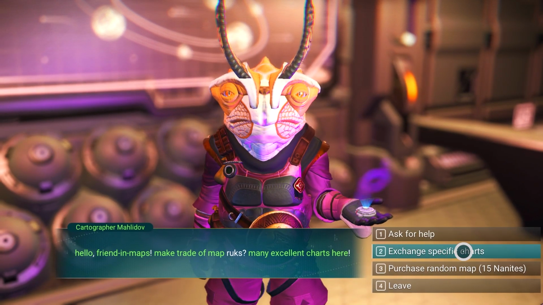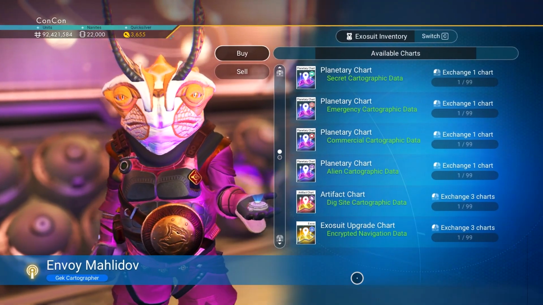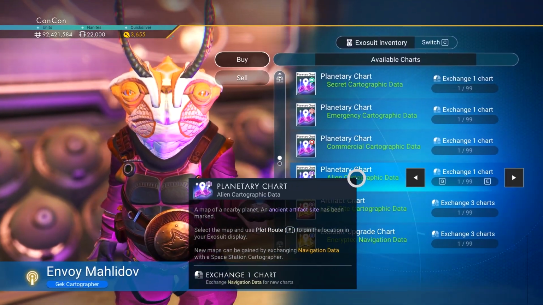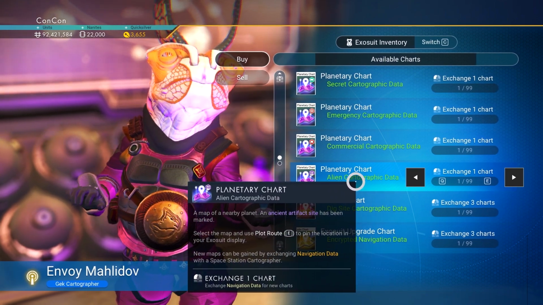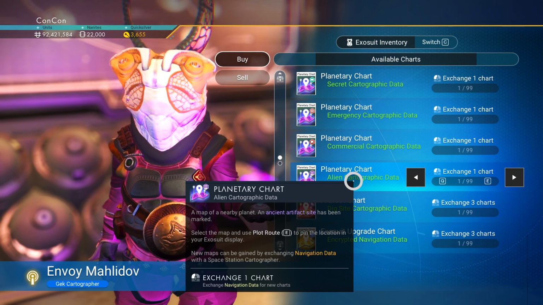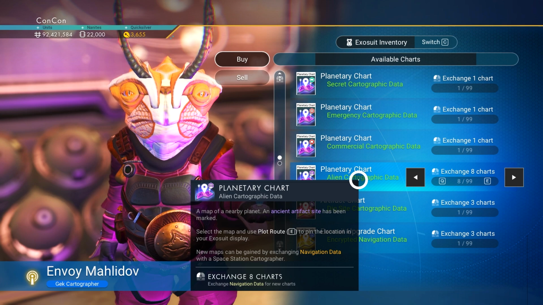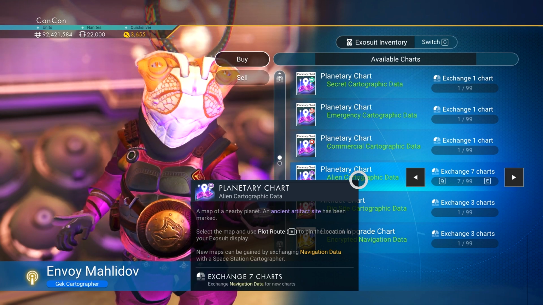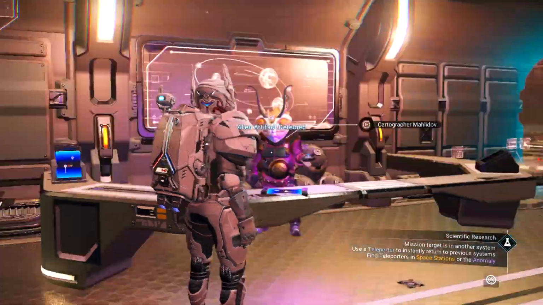Now here you can exchange specific charts to find very specific locations. What you're going to be looking for is the planetary chart alien cartographic data. This isn't necessarily always going to be a portal. It's probably going to be a bunch of other things, but if we select a couple of these, let's just buy maybe 7 of them. You'll then have this in your inventory that you can use to plot a route and hope that this takes